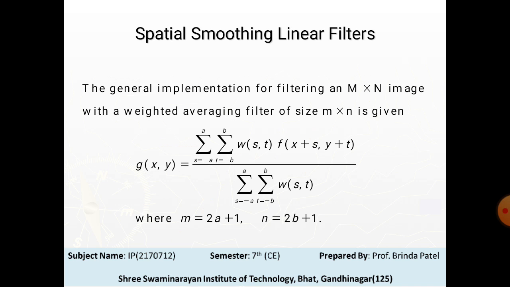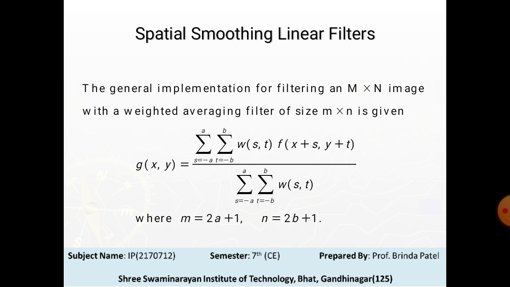The most obvious application of smoothing is noise reduction. However, edges are almost always desirable features of an image, and they are also characterized by sharp intensity transitions. So averaging filters have the undesirable side effect that they blur edges.